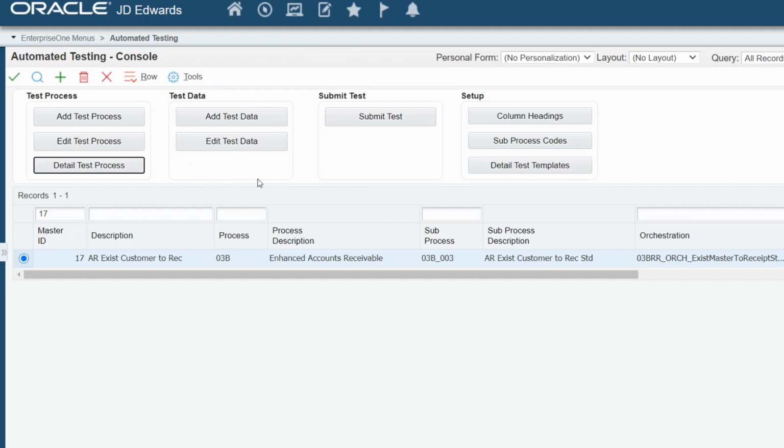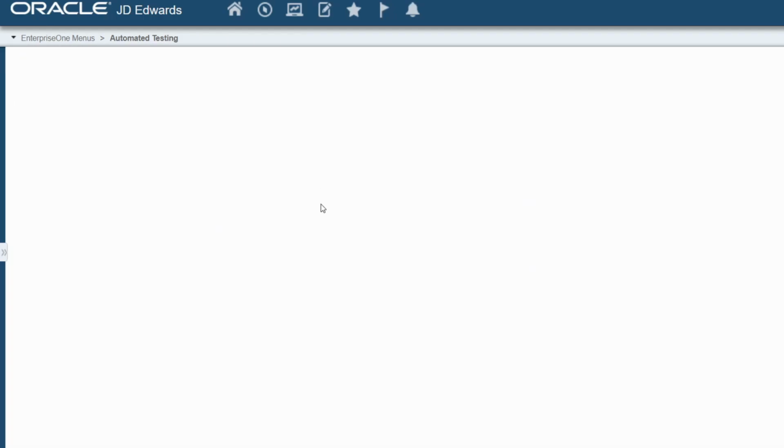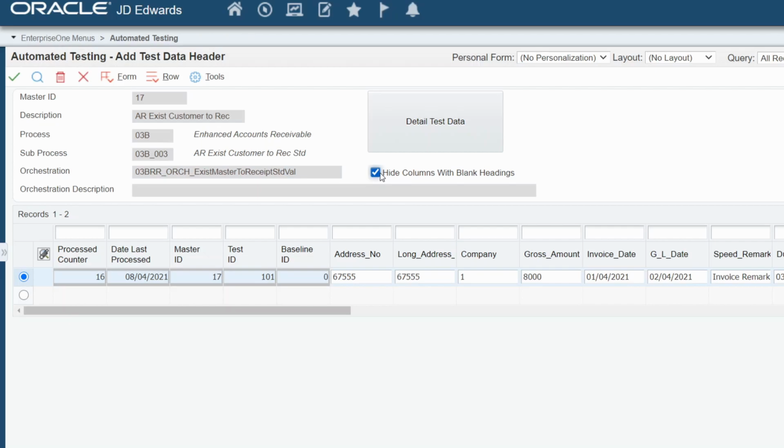Within our test data pillar, adding our test data. The test grid allows for copy and paste functionality as well as data upload functionality. This is the data that is relevant to your JD Edwards instance. For example, your relevant company numbers, business units, and account numbers, etc. Firstly, the baseline test is created. As you can see here, this test will be run